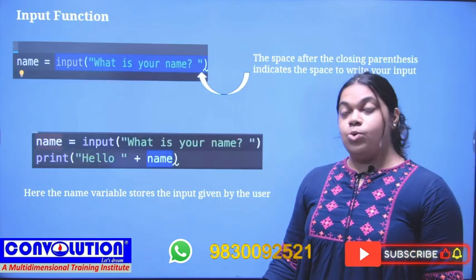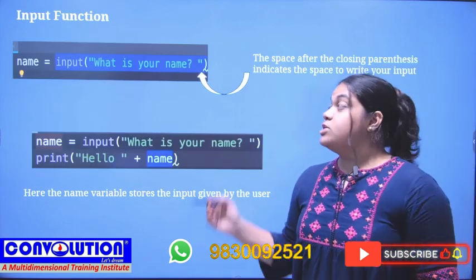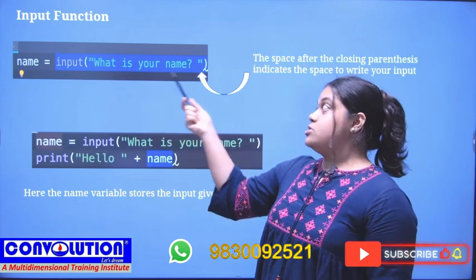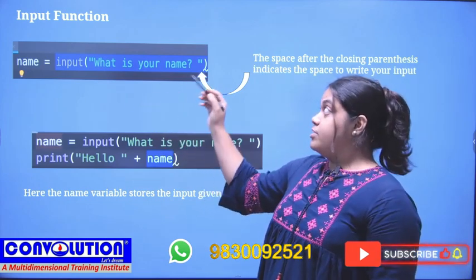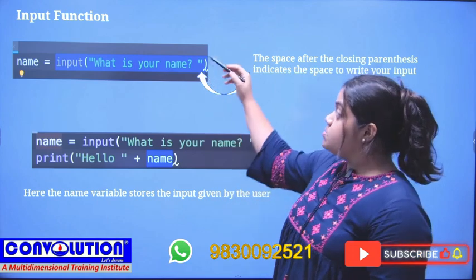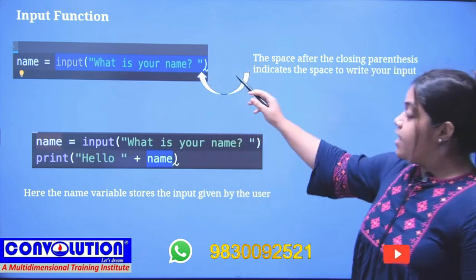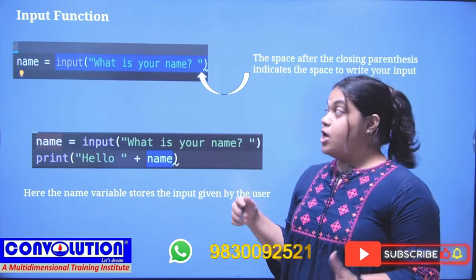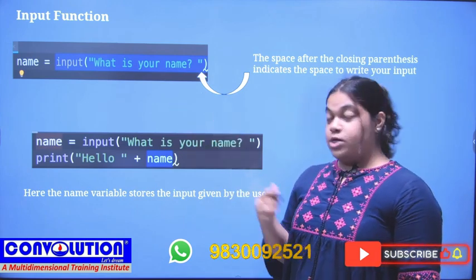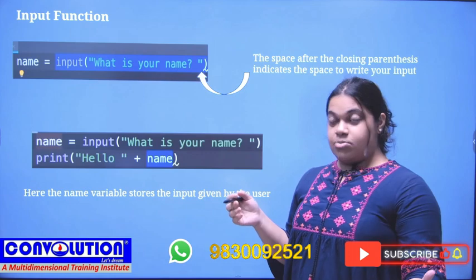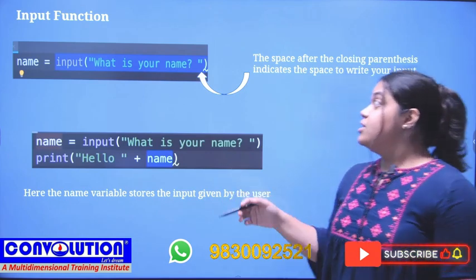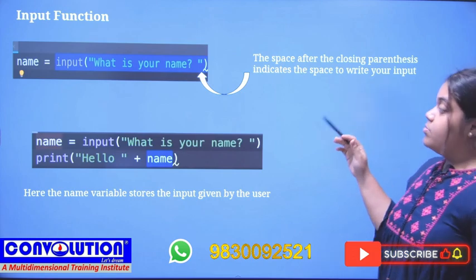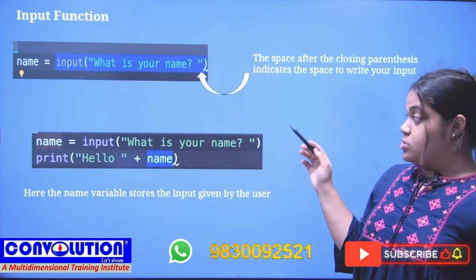Now we will see how to take an input. To take input, we would use an input function. Like input, what is your name within double inverted commas, and then this space, you see, this space is there to actually take the user input which the user wants to say. Like what is your name, you want to input something like your name or ABC, whatever it is. So this space is for the name that you want the user to put.